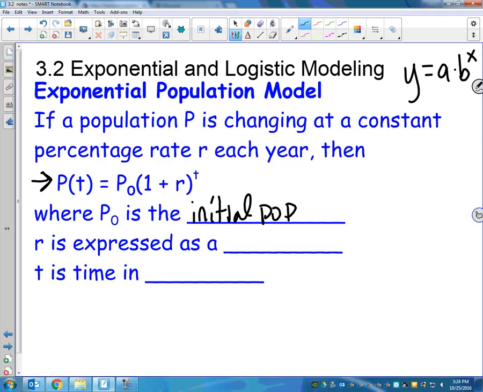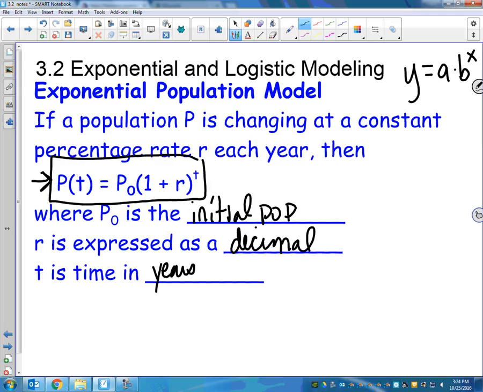And r is the percentage rate of increase or decrease. So r is as a decimal, right? Instead of a percent, you're going to write that as a decimal. And then the time is usually in years. If it's different, it would tell you how to write that. All right, so this is going to be your go-to formula for this section or any kind of